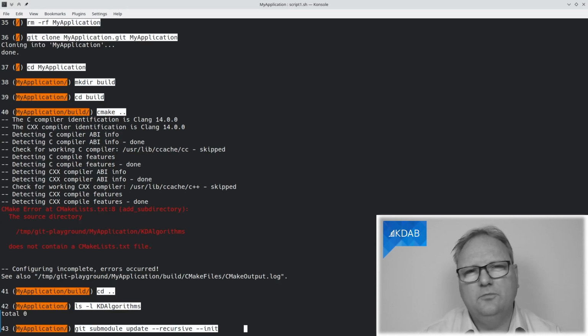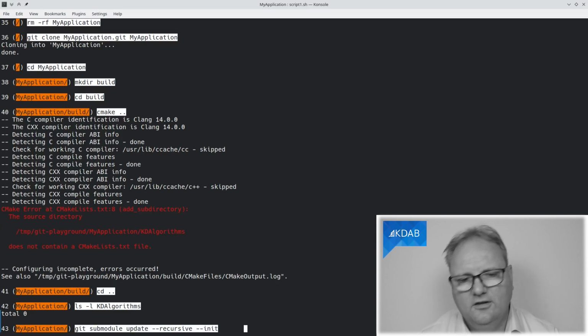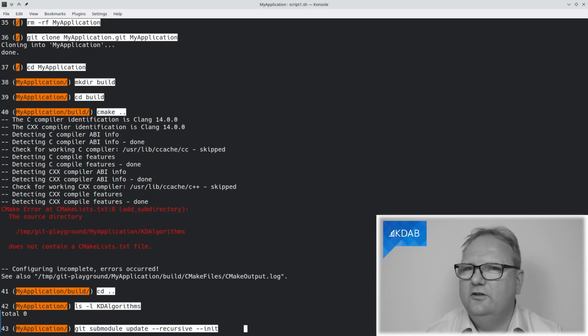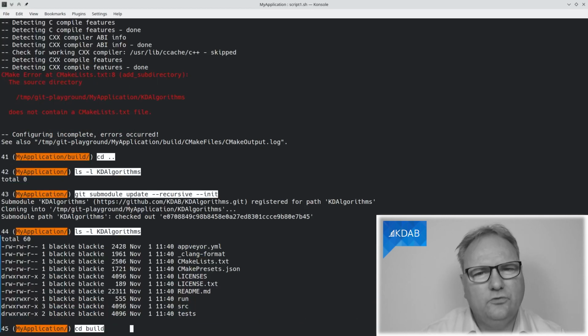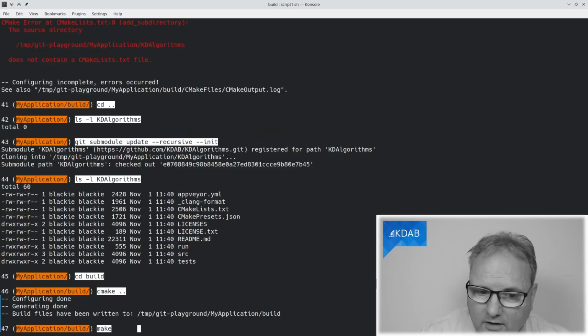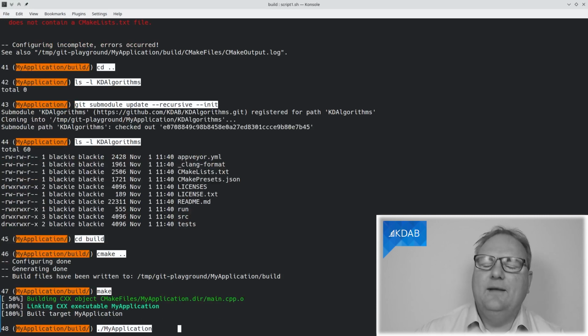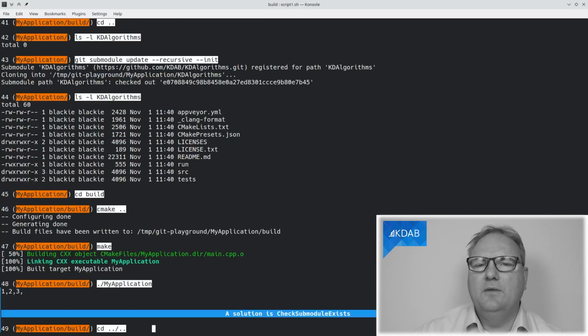And also --init, run git submodule init while you're doing this. And now I got my submodule out. If we look in the directory, you can see, yes, now I got stuff in this directory again. cd build, CMake, oh, now it worked. Make, absolutely fantastic. Run my application and my 3 numbers are sorted again.